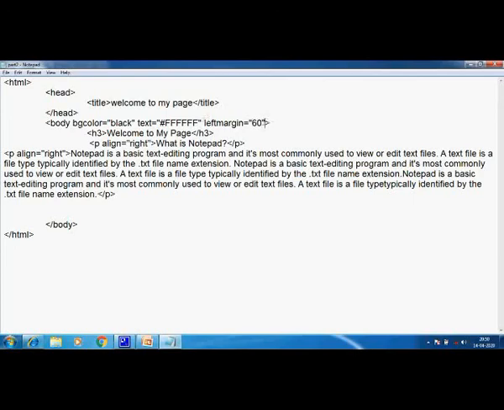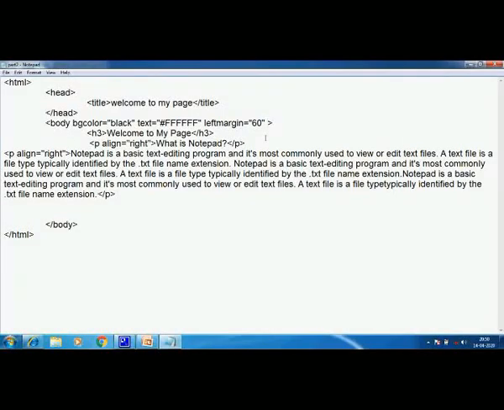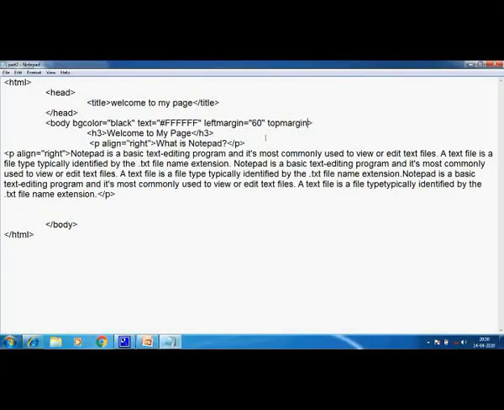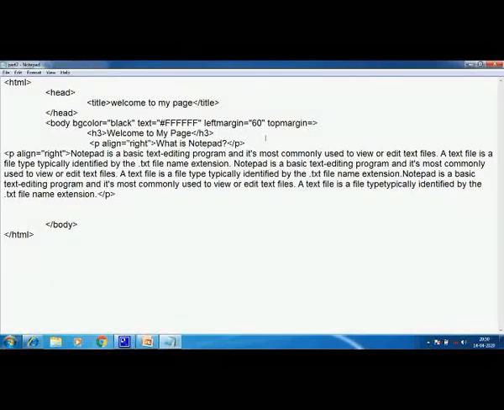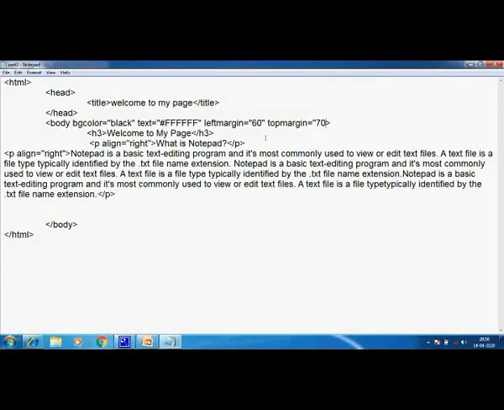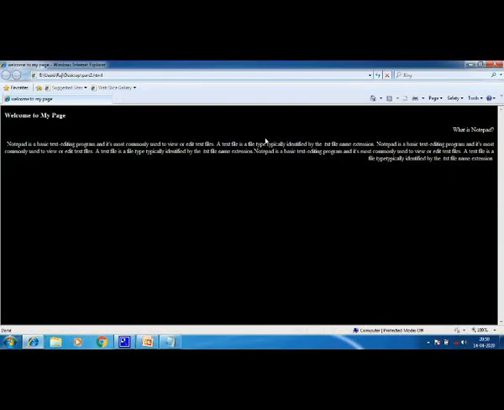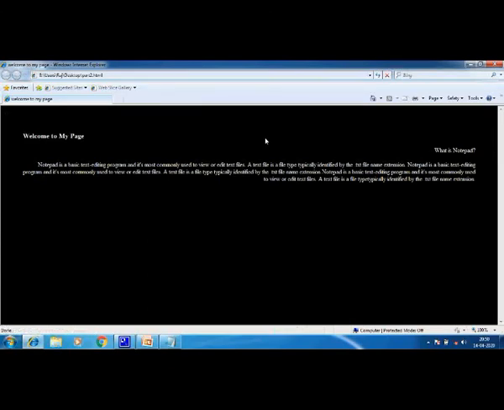This stands for pixels, children. Left margin will be 60, space, and I'll keep the top margin. Top margin is equal to 70 pixels, children. Now let's save it, and let's see whether it has made any difference or not. Here it is, children.